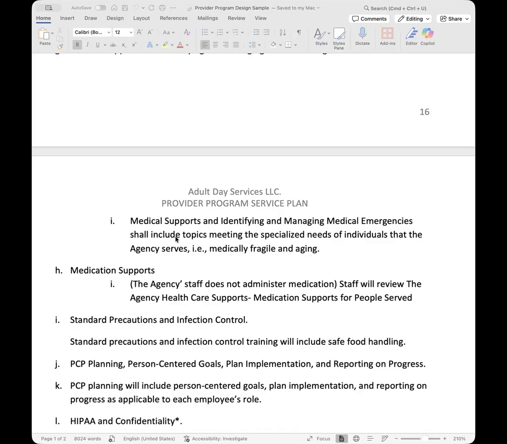So if you have anybody with seizures, you want to include that in your training. If you have anybody that's a fall risk, anybody using like a Hoyer lift, or any type of supports that your clients or services are providing, you need to make sure you provide that in this medical supports and identify medical emergencies. You want to elaborate on what constitutes a medical emergency in this training.